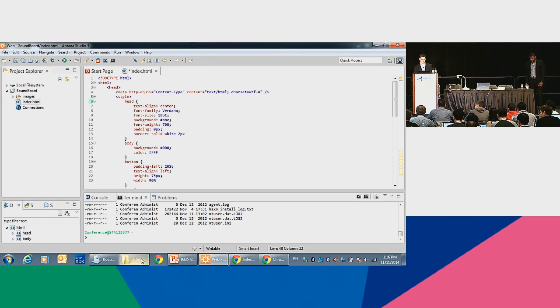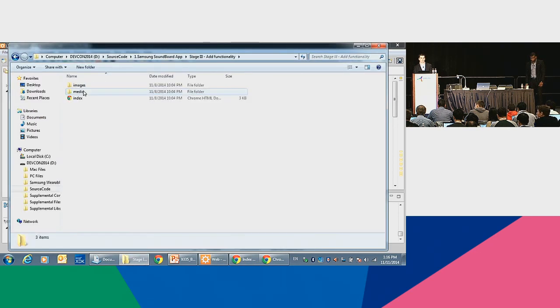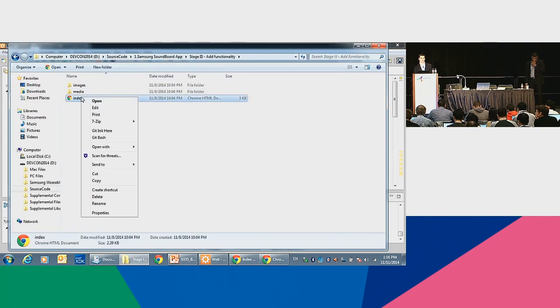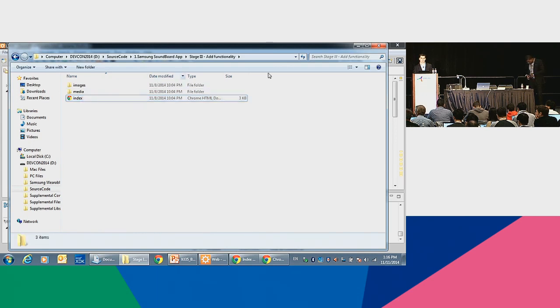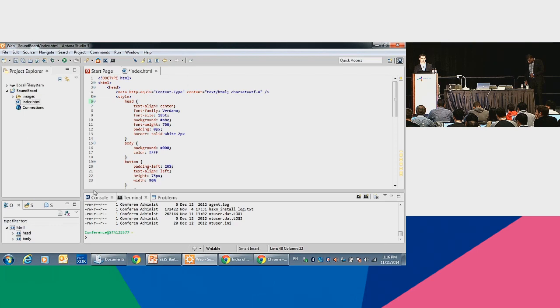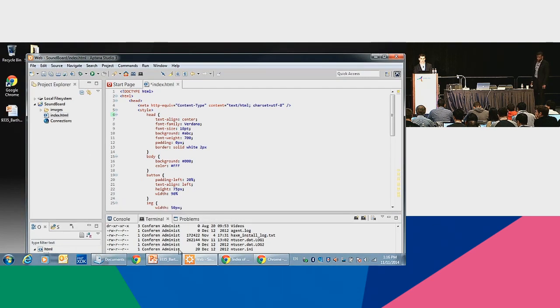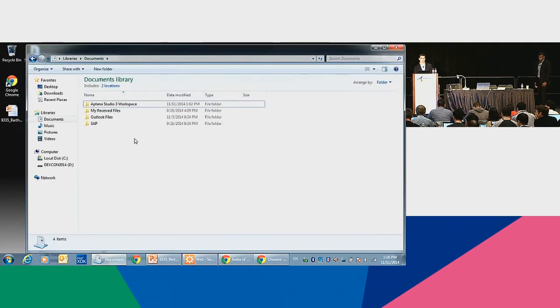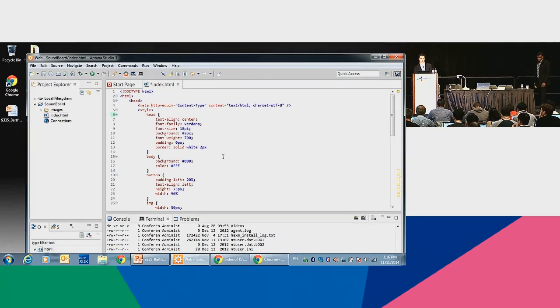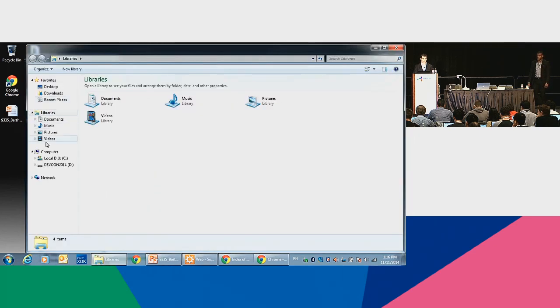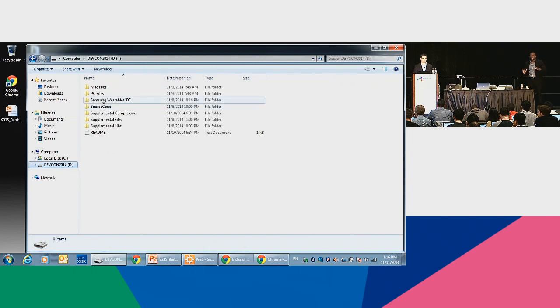Let's take a look at the next one really quick here. Adding functionality. So what I might do to try to speed this up a little bit is I'm just going to drag that file over because that's really the only one that changed there. And if you notice, even with a simple modification of the CSS, you can change the entire look of the